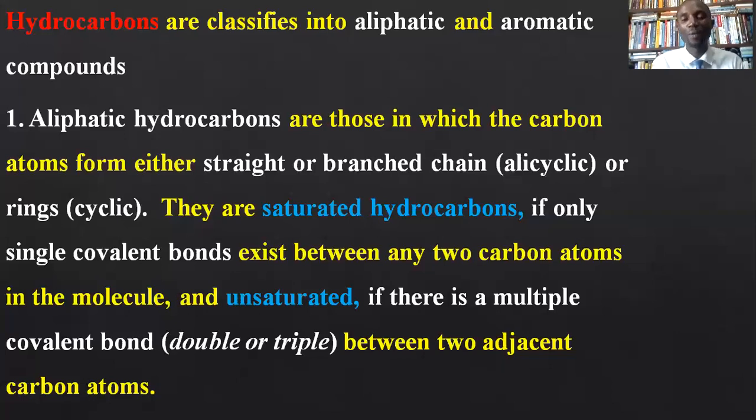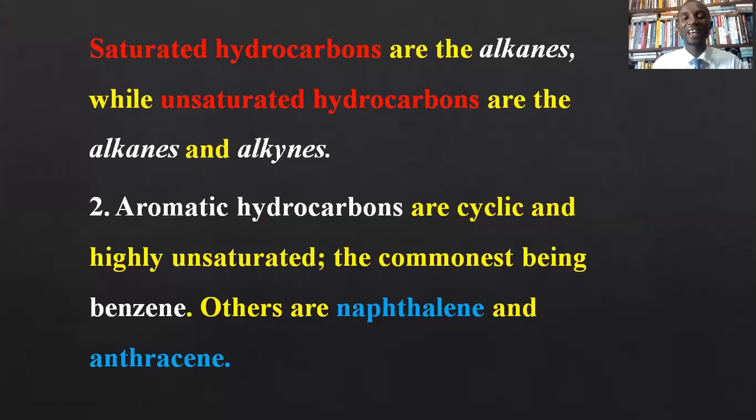Triple bond, we call it alkynes. So saturated are the alkanes, while unsaturated are the alkenes and alkynes. Now the aromatics are cyclic, highly unsaturated. They are the benzene and its derivatives. Benzene is the most common aromatic hydrocarbon. Benzene and its derivatives. That means every other aromatic hydrocarbon must be a benzene structure, with other things being added to it,